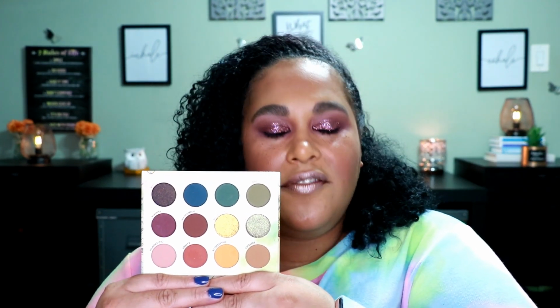The next one I got is from Colourpop, and it's at Foresight, and this is the Raw Beauty Christie collab. Love her. Love this collab for her. This color story, beautiful. I think, again, the Manny Moonspell and this are probably some of my favorite color stories in my entire collection. I love this because this is specific to the Northwest, because that's where she's from, Seattle